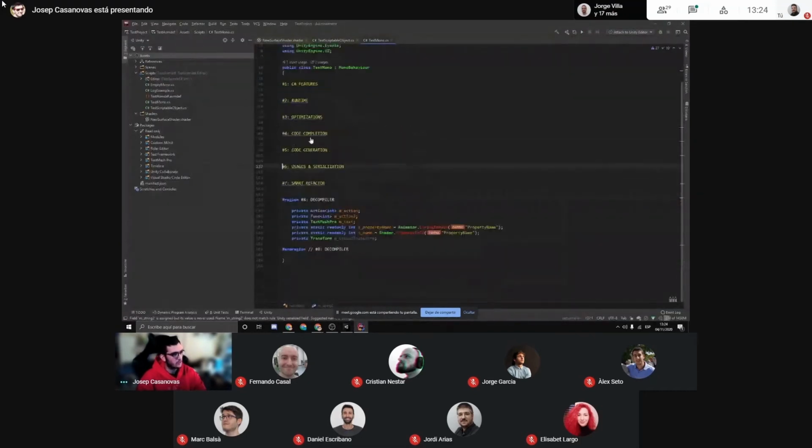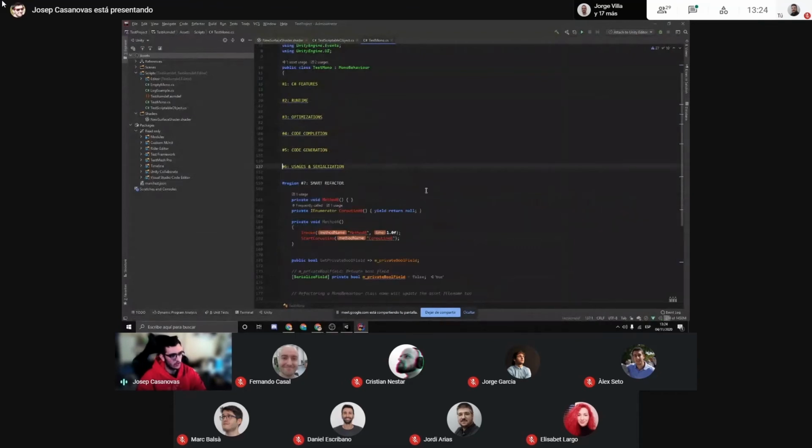So pretty neat. Let's move to the smart refactor. As in other IDEs, we can refactor code to ensure that we change the name of something and that change is applied where it must be applied. But in this case, we have this method that is invoked using a string. In other cases, if we refactor that method, our IDE won't notice that it's called by string, and we will